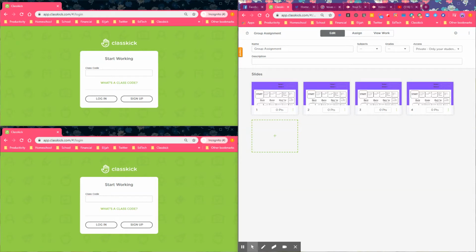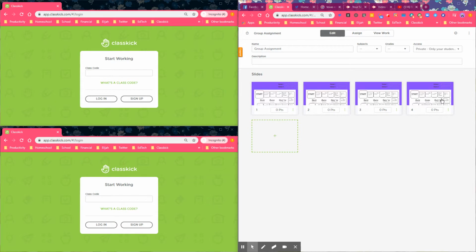So if you want students to collaborate on Classkick, there are two different ways that you can do that, which just require a little bit of adjusting. The first way would be if you wanted the kids to work on a single page together and you didn't mind if everybody saw everybody's work, you could just make the same page and then duplicate it